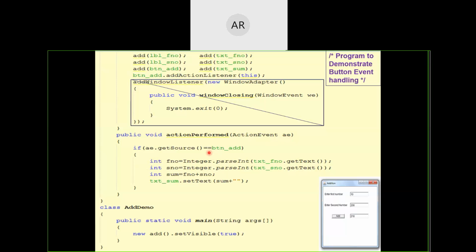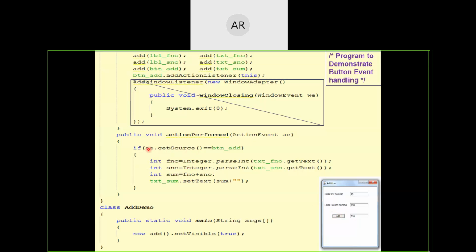Now in this particular method, we are checking, out of these 6 components, whether the event occurred for this component only or not. If the event has occurred for only this component, then do this activity. Otherwise, don't do it. How do I verify whether the event occurred for this component? By using getSource.